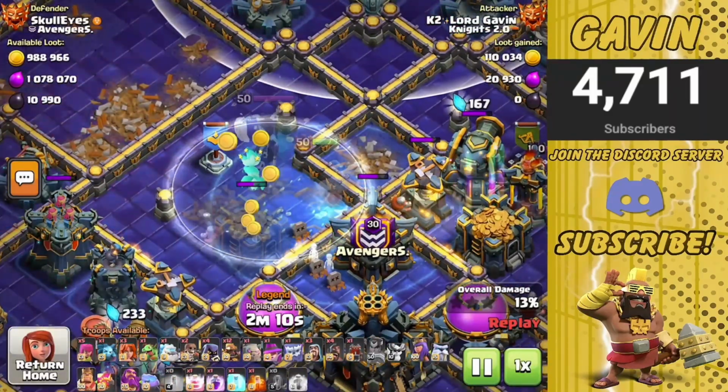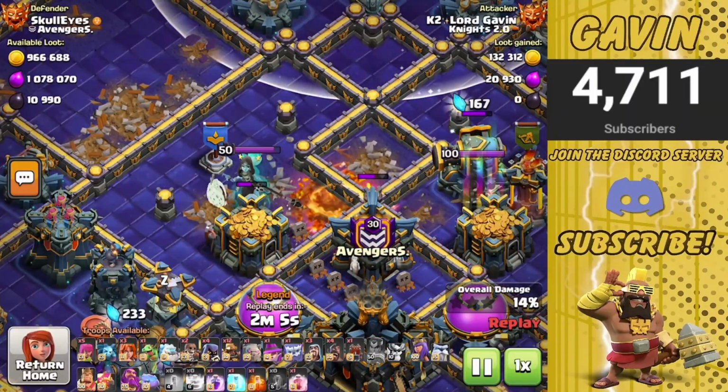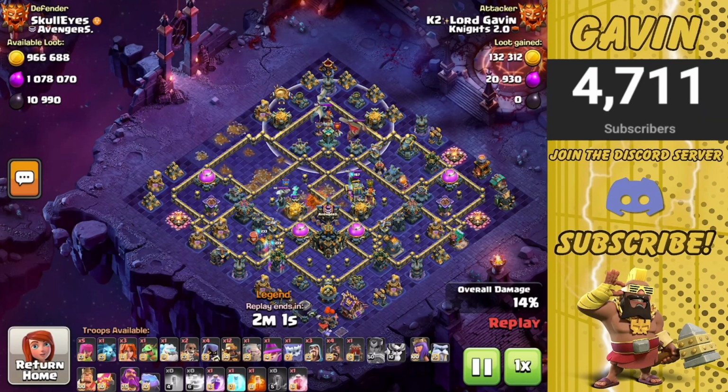We're about to find out right now. Let's see. Oh my gosh, she nearly died. Okay, I should not have done that. I should have picked her up before she nearly died. And at this point, it's looking all right, but there's really just not a clear path for the Hogs, because